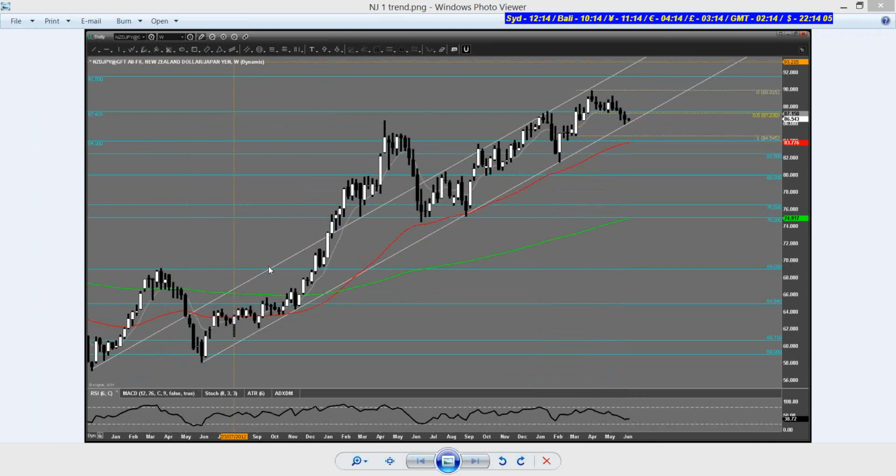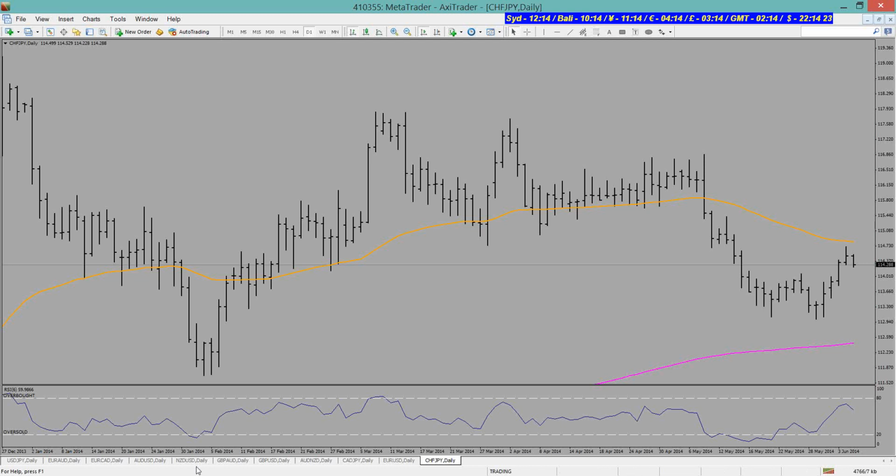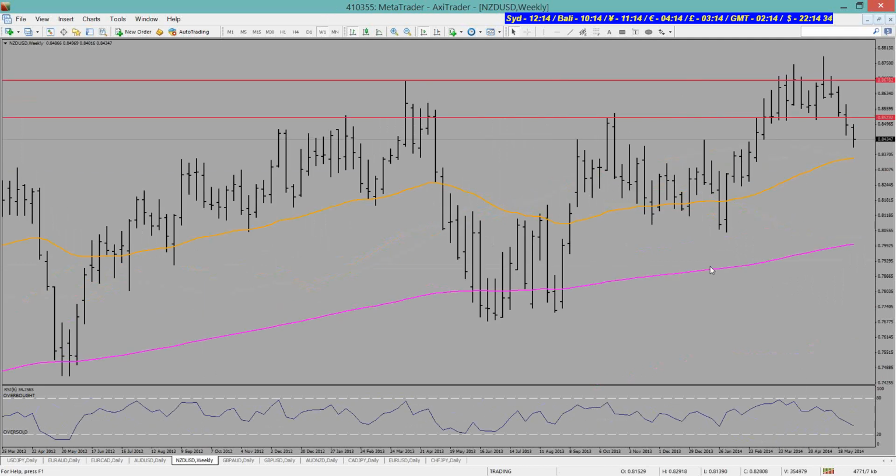You could almost put a similar channel across these two tops here, and there's the potential of breaking through the inner channel and across the other side of it. That's all with the yen weakness that could occur. Whilst I am bearish the Kiwi, I think they've peaked. With their interest rates as high as they are, there's going to be limited downside. It's not going to get down to 72. It's not going to get back down to these levels, but it could come down to here